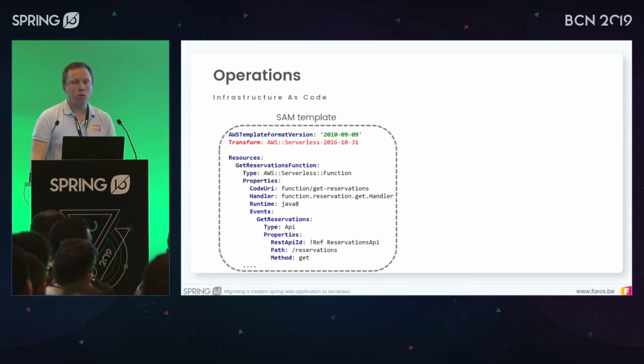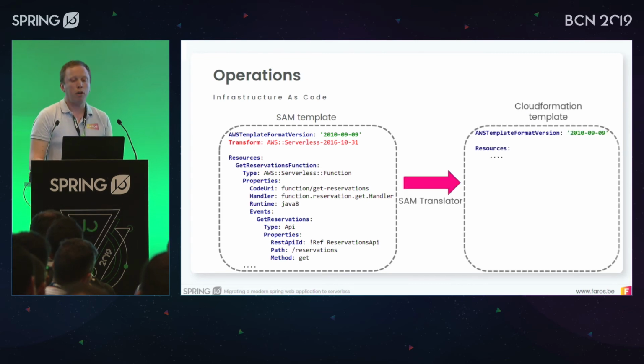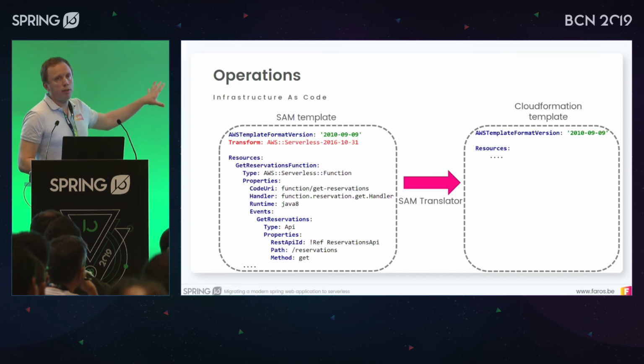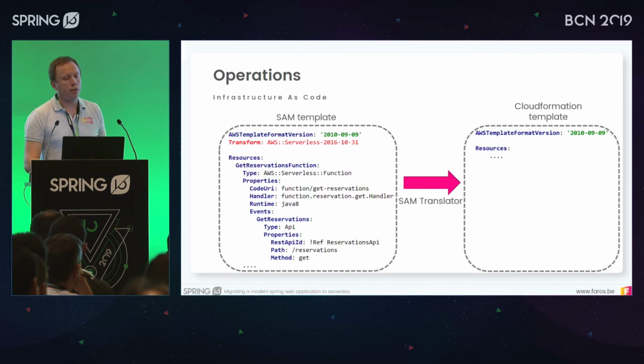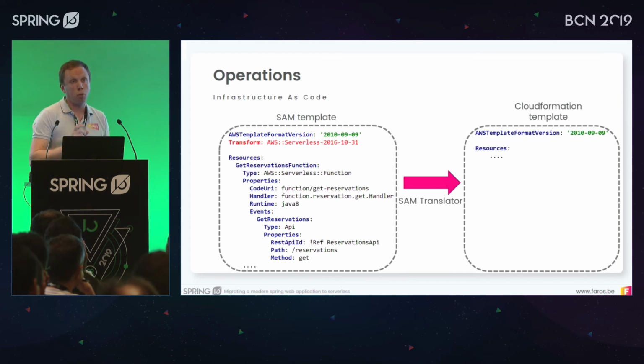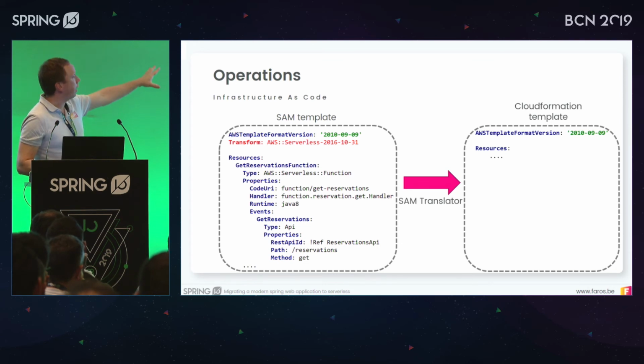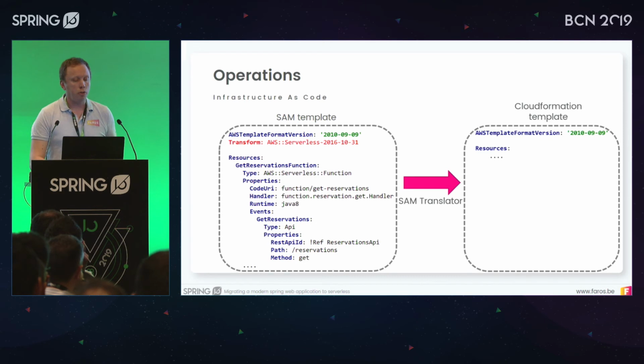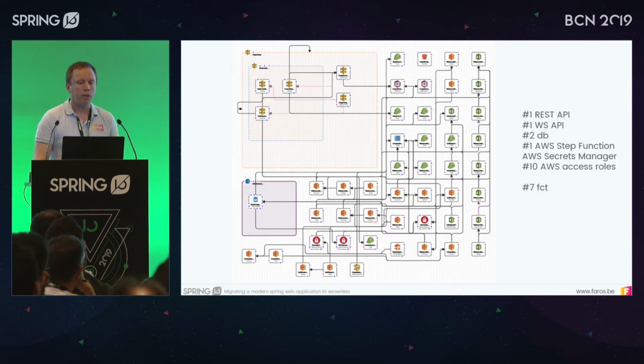So in fact, SAM uses its own templating on top of CloudFormation, meaning that it's going to translate its SAM template into a CloudFormation one. On the left side, you can distinguish the SAM template because there is a transform element in there, meaning that AWS is going to have to do a translation step towards CloudFormation there. And then you can have your resources. As you can see here, we define a function for getting the reservations. It's based on a runtime Java 8, and it has a link towards the API gateway with a path /reservation and HTTP method get.